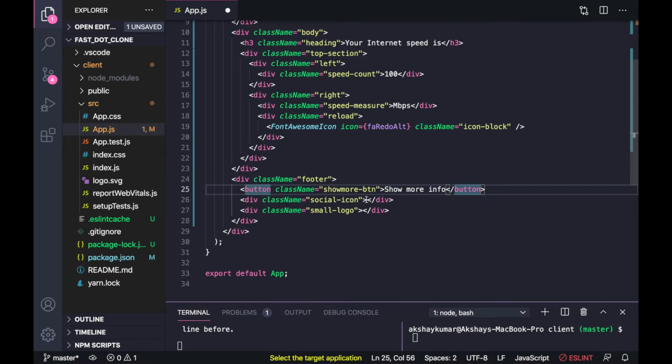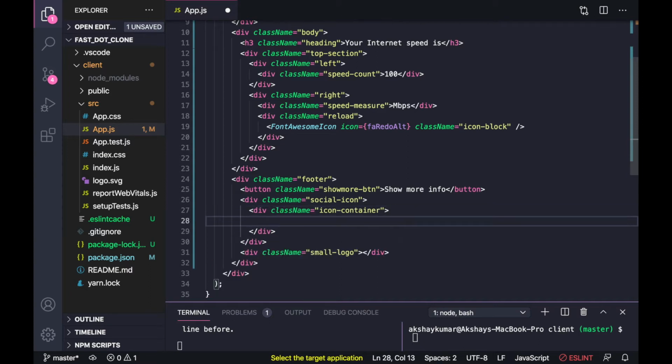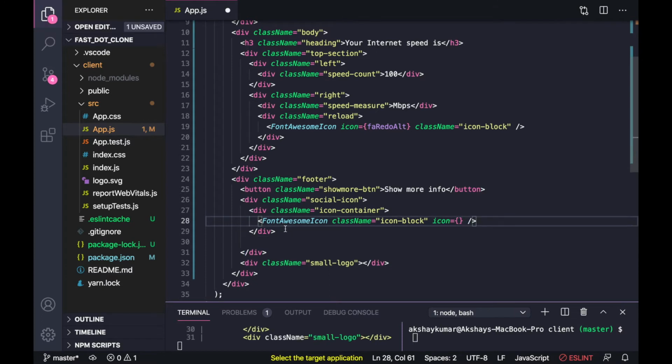So inside social icon, we need to create 3 divs with font awesome icon. So we will create a div with the class name icon container, and inside this div we will use font awesome icon, and the class name will be icon block. We will be using the icon. I will copy this div 2 more times.